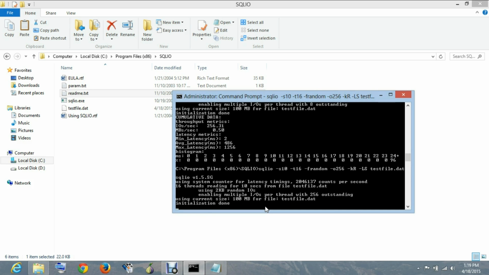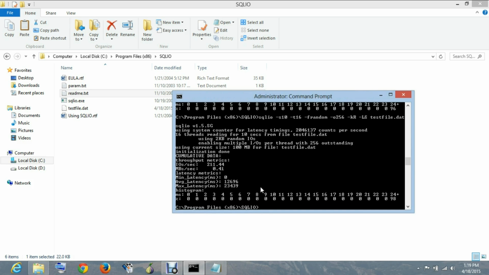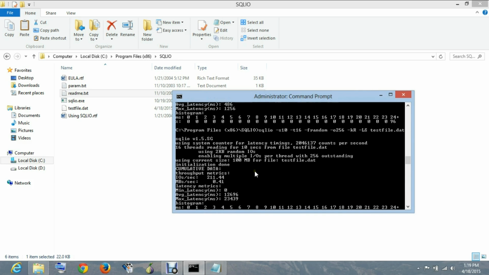Sometimes for much extreme cases, even though the test duration is 10 seconds, it is not able to complete it in that time because what is specified was much higher.